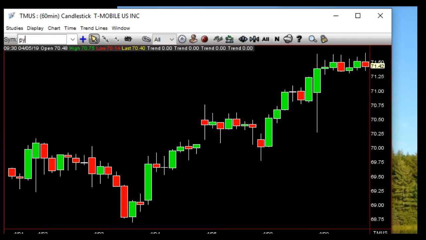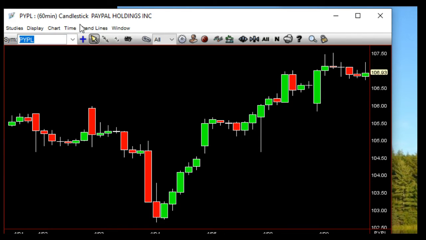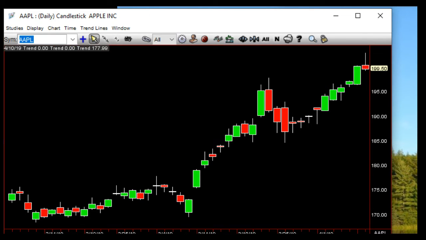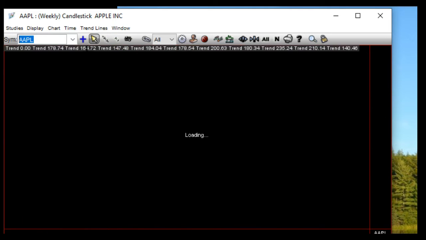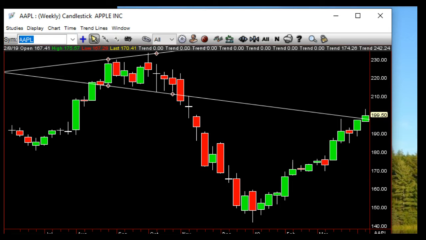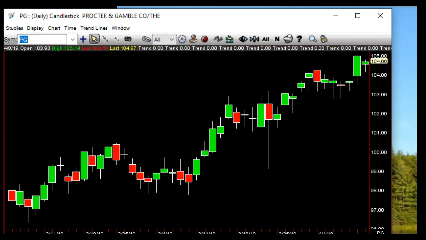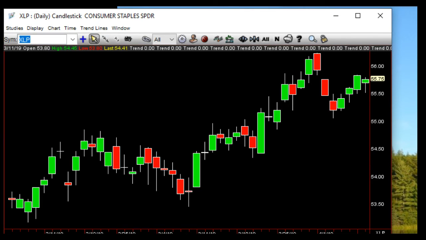Because the other problem here is the things that are going up are at exhaustion risk, which means that they're going into new highs. PayPal drifting into the highs, Apple into recent highs, and now shooter to try and counter that. But on the weekly, it takes out the high and is still above last week's highs. Procter & Gamble in the Dow, slightly just going into new highs. And then for tomorrow, you've got an inside day, and you can watch that with XLP, which I believe goes inside day. And you can watch the Dow Jones with that too, because it's in there too.